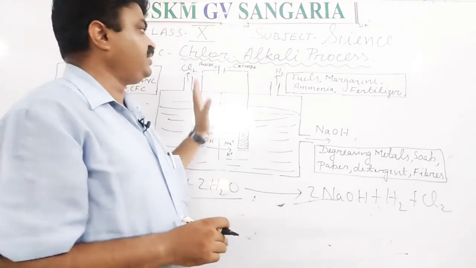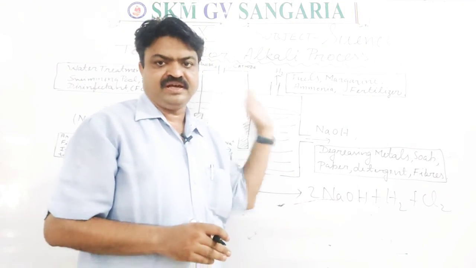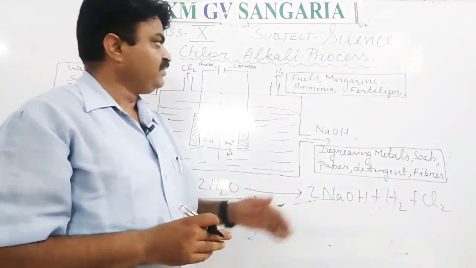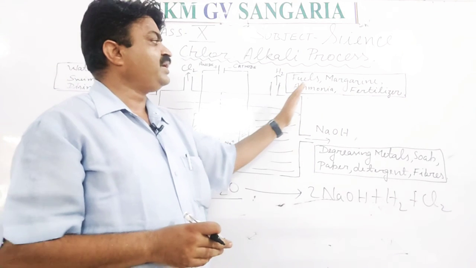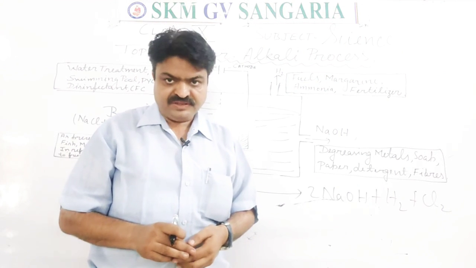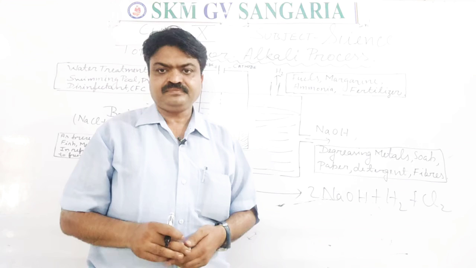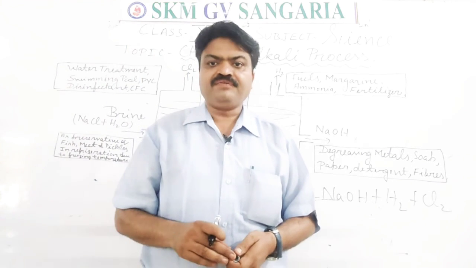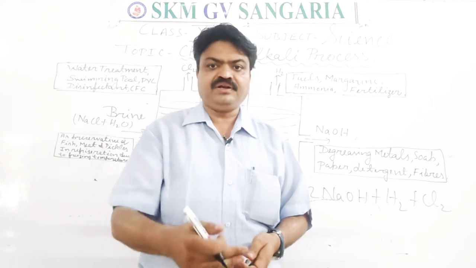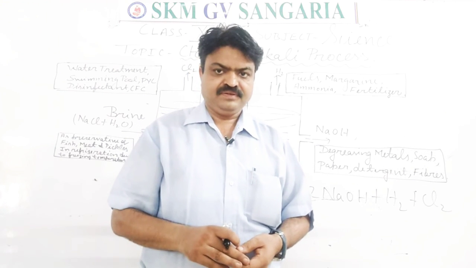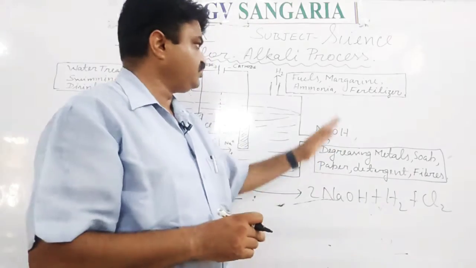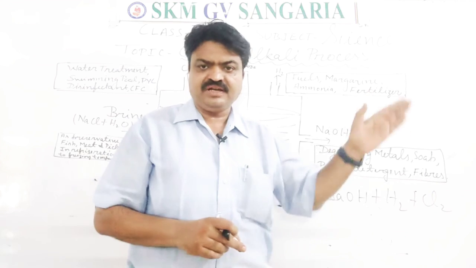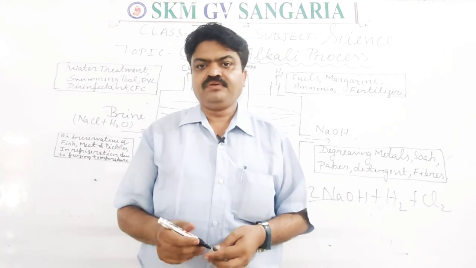They are used for different purposes. Hydrogen gas is used as fuel for submarines, student, and it is also used to make fertilizers. With this, it is used in hydrogenation, student, from which vegetable oils are turned into vegetable ghee. So vegetable ghee is produced with the help of hydrogen, student.